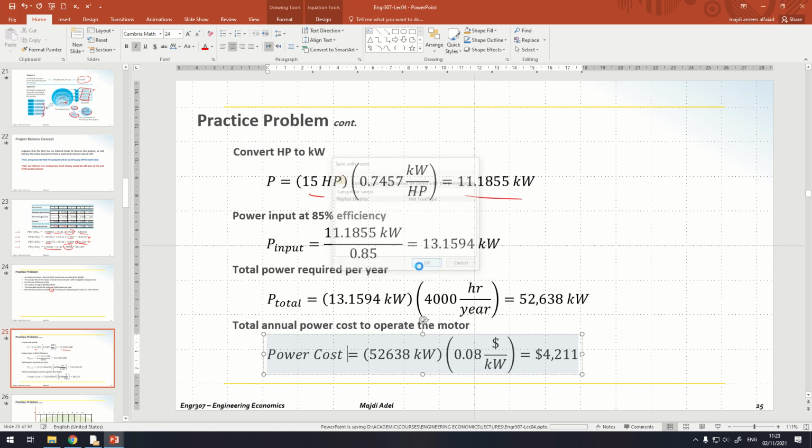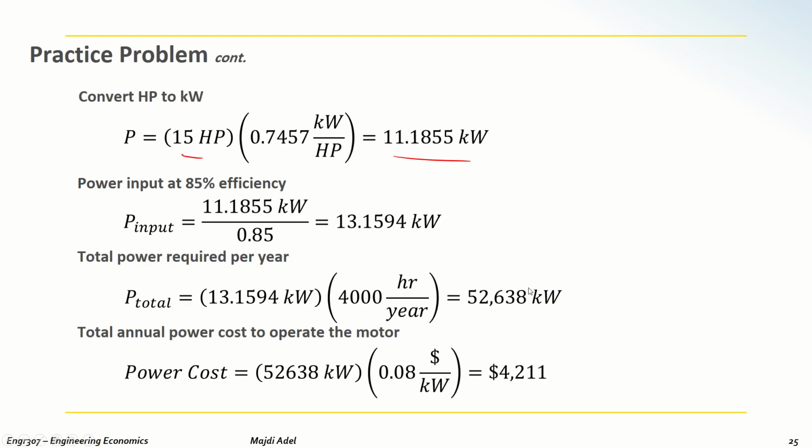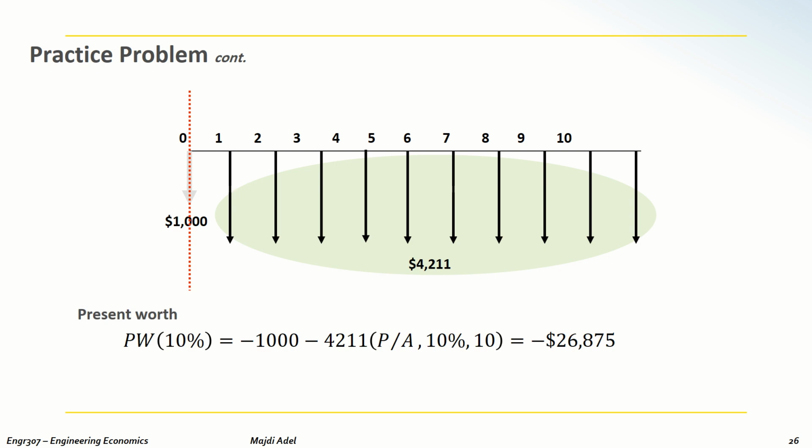The annual power cost of the electrical motor is going to be uniform over the project life. So I need to calculate the present worth. Since the project is a cost project or investment project, we are going to calculate present worth cost: minus 1,000, minus 4,211. Calculate P given A for 10 years at 10%, and it's going to be